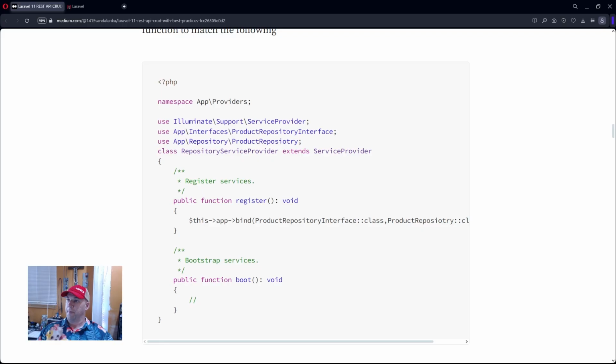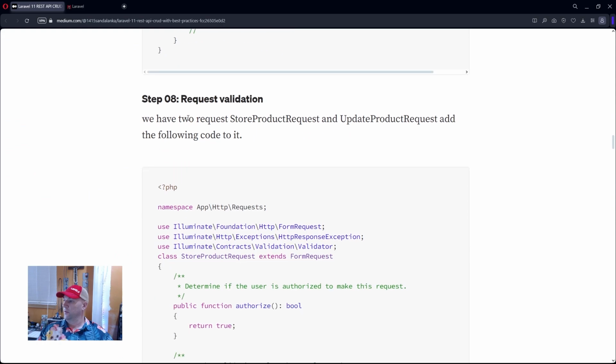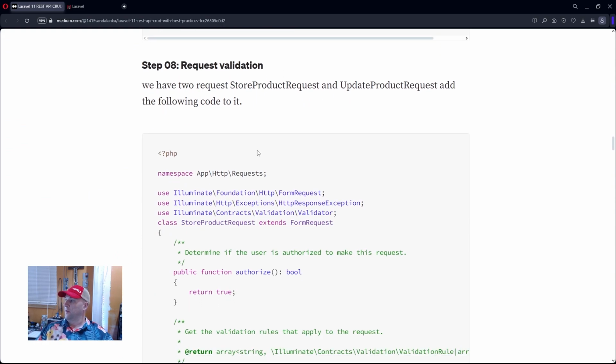Then we move on next to our two, product request and update request, right? These are the generic RESTful API request validations: store, get, post, update, all that kind of stuff, right? And when we created our model and such, our product controller,